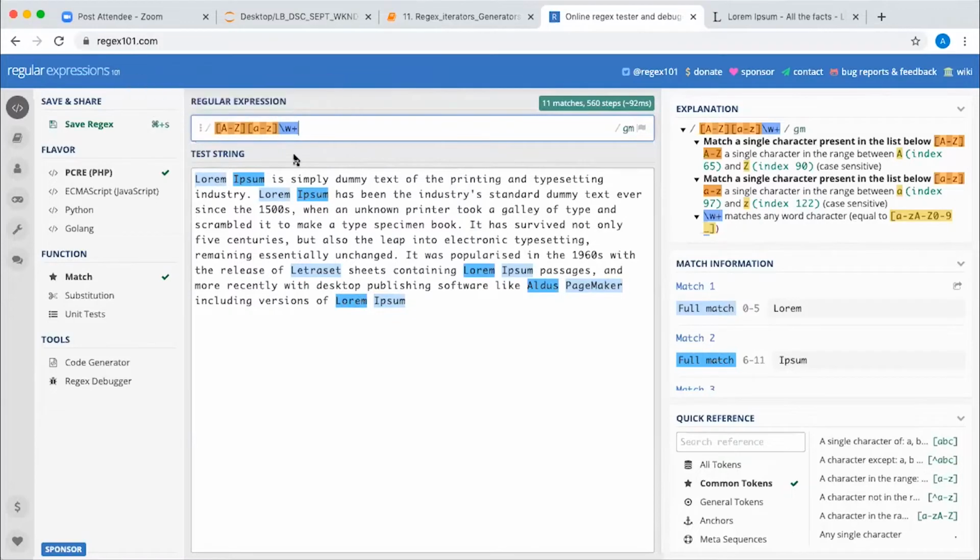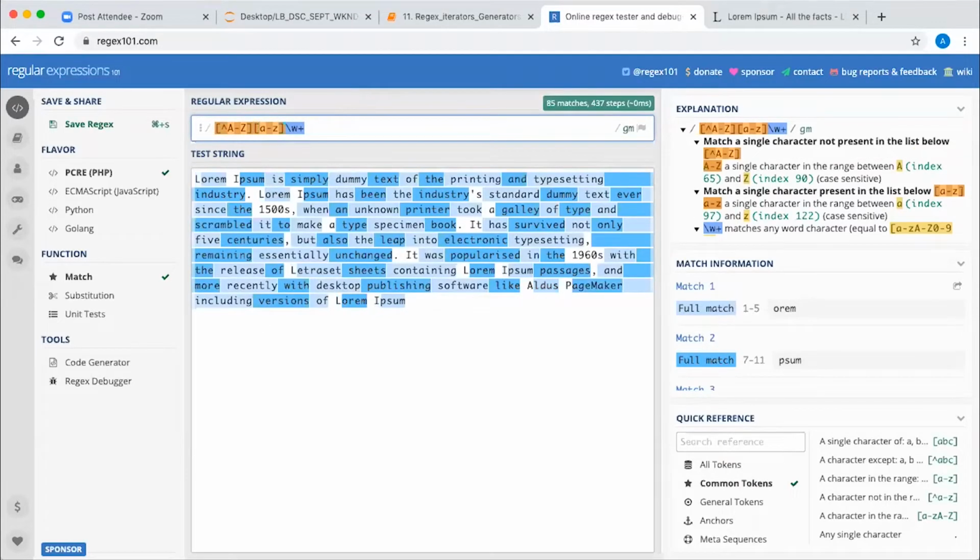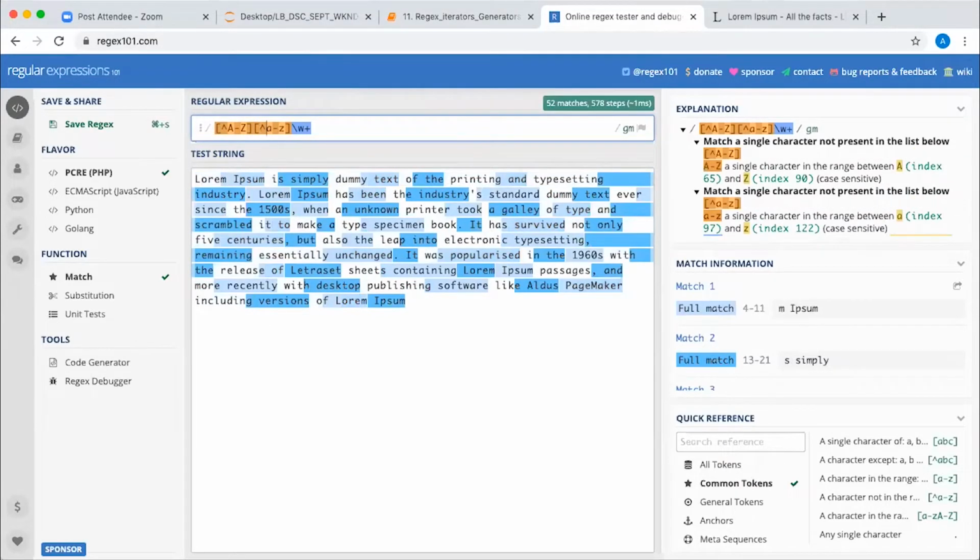Now if you are writing anything inside this square bracket, it is matching. If you write the caret sign here, it will match everything except this. So now if you see, in the beginning it is starting with LOREM, it is not matching. Apart from that, the first character is M, which is obviously not a capital letter. And after that, this is a space, so the second character is also not coming from here, right? So this is matching, and till the end it may be any alphanumeric character, so it is matching here.